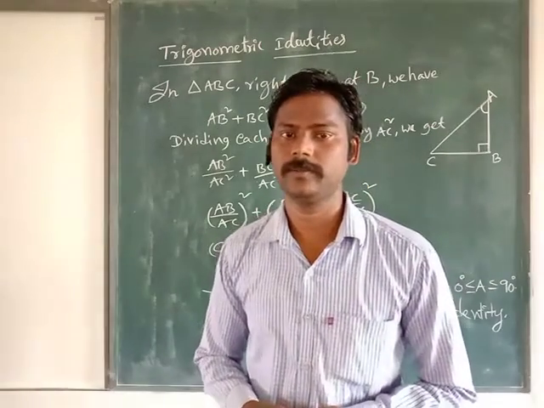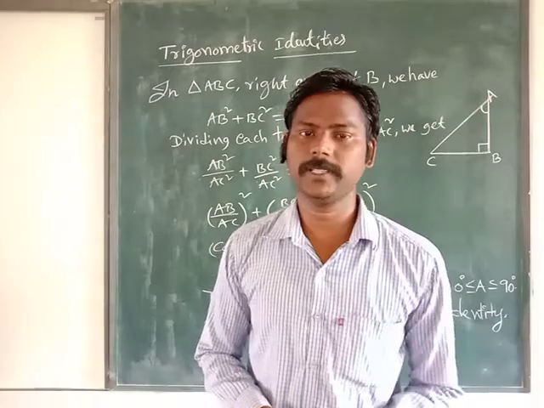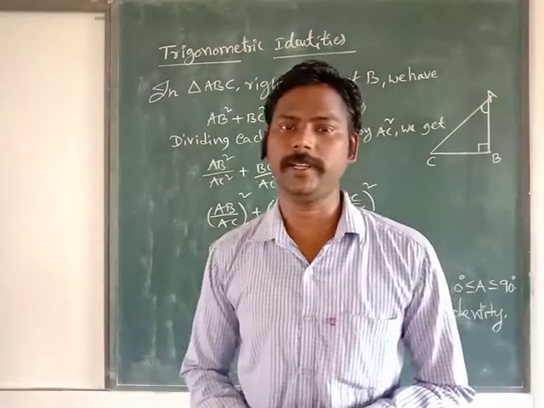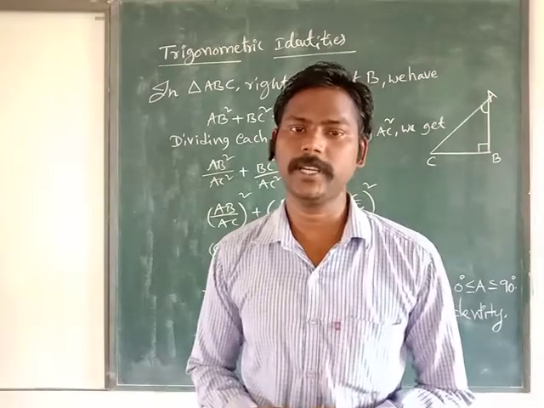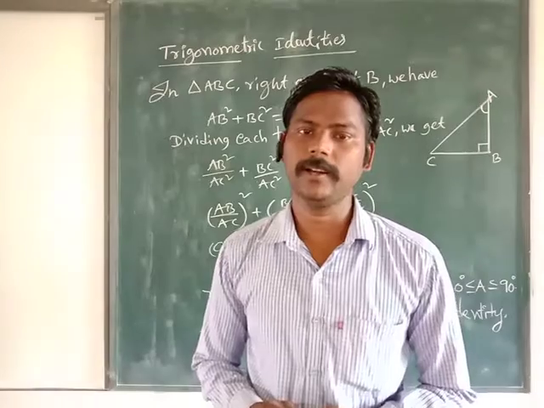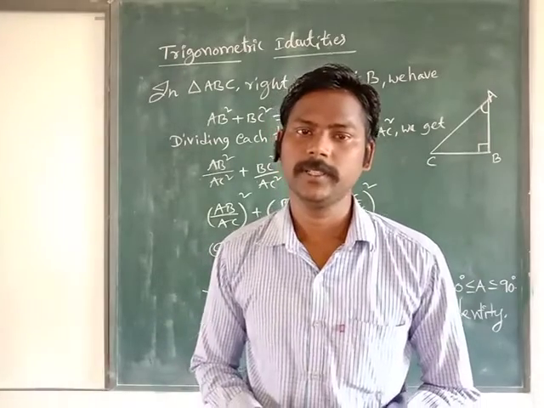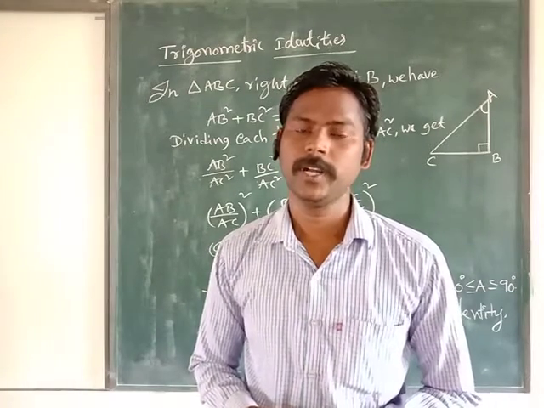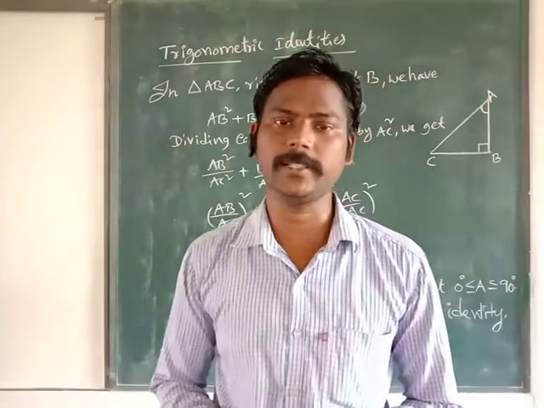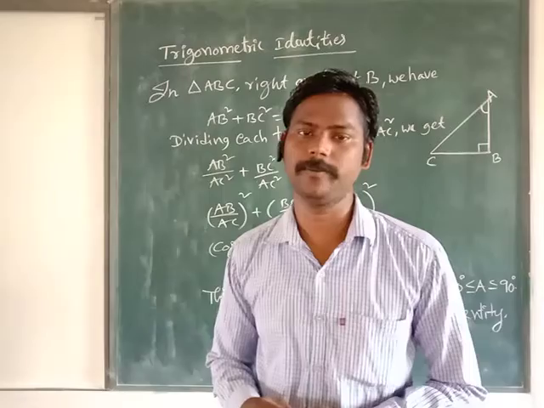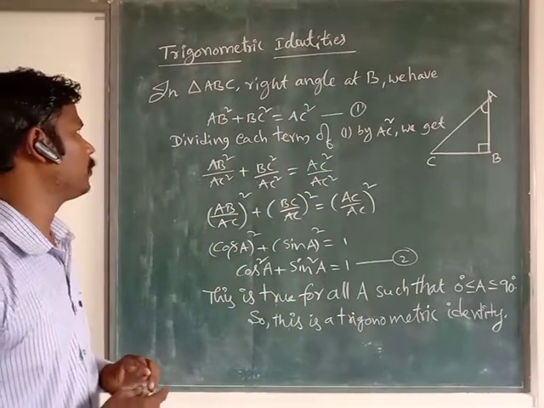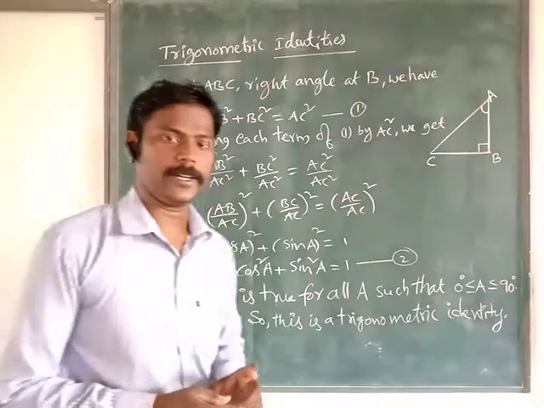Okay, very good. So, in the previous lesson, we have discussed the introduction to trigonometry, angles, how to measure the angles, types of angles. Okay, and trigonometric ratio definitions, the trigonometric ratios table, trigonometric ratios for certain angles, trigonometric ratios for negative angles, and some worksheet problems to solve. Today, I am going to explain trigonometric identities.